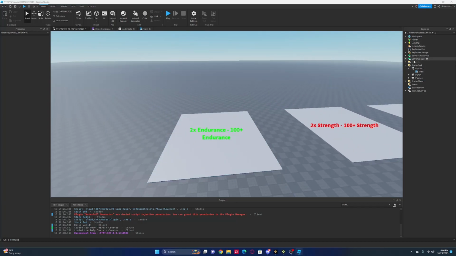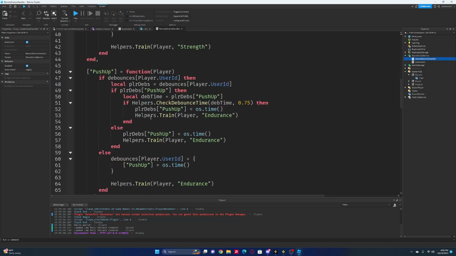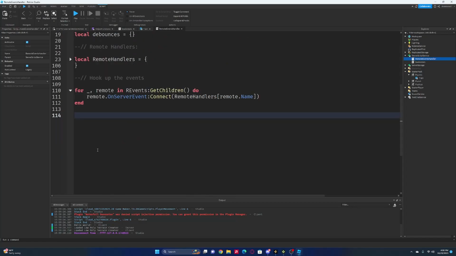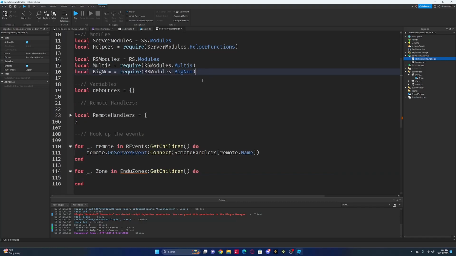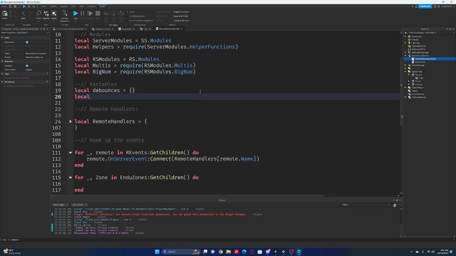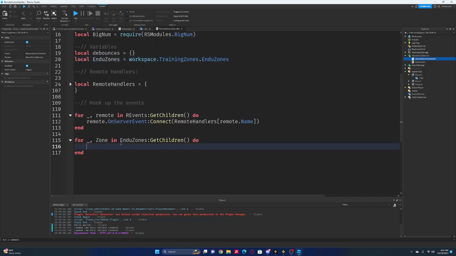Alright, so if we go ahead and go to our remote events handler script, we could just minimize that, and then over here we're going to want for _, zone in undo zones:GetChildren(), and then up here we will make a local undoZones equal to workspace.TrainingZones, right? .UndoZones. We will want to set up a touched event,